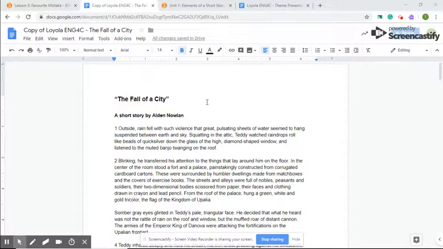Hey everybody, just wanted to do a quick video explaining how to highlight and use the annotation tool directly in Google Docs. Now some of you might be asking, well, why are we doing this? Because you already showed us how to do it in Google Read and Write. Just wanted to give you another option, how to do this in Google Docs as opposed to simply using